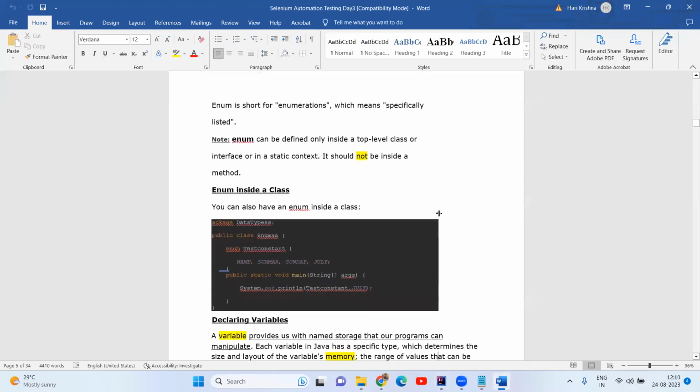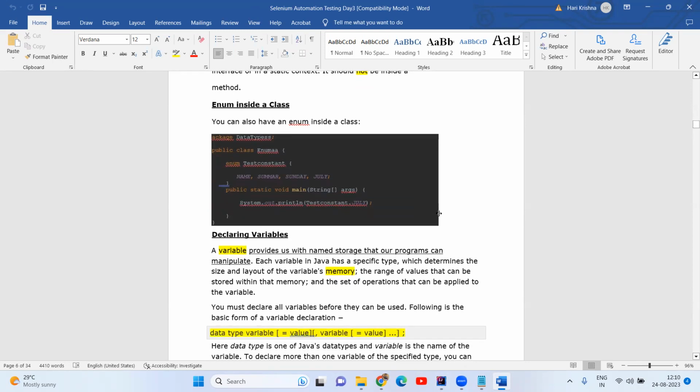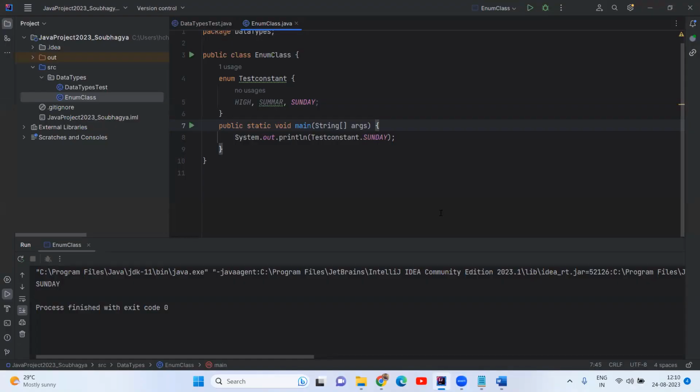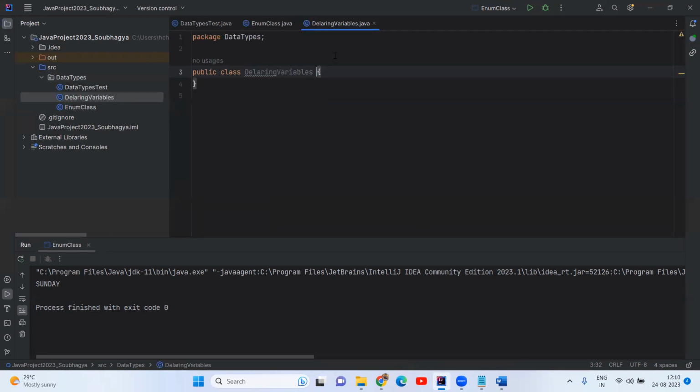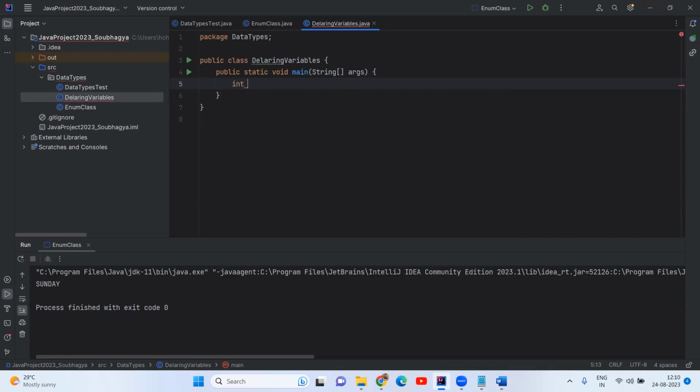Okay, next go to declaring a variable. Sir, if you want to declare a variable, what do I have to do? In Java, if you want to declare any variable, now create a declaring a variable. Declaring a variable means, for example, I will take integer int age equal to 25, that is my declaring a